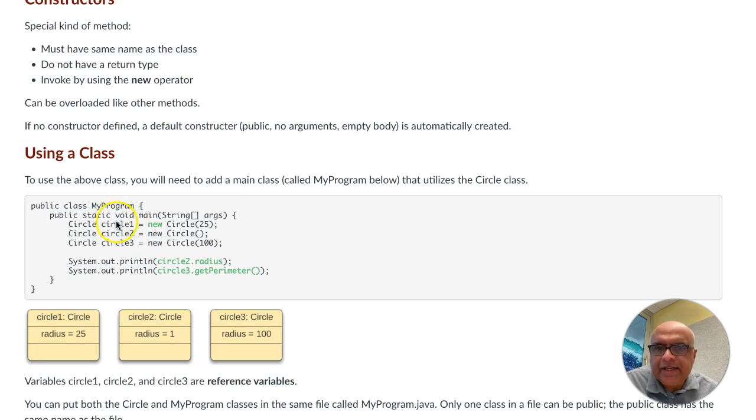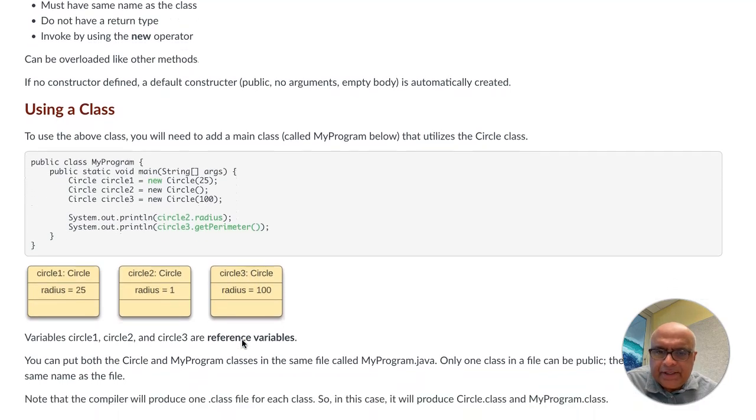In the main method, I have created 3 variables of type circle, and I'm using the new operator to create objects of that type. I'm calling the constructors in each case. There are 2 types of constructors. So here I'm calling the one without any arguments. For the other 2, I'm calling the one that takes the radius as a variable. So what's happening here is 3 objects are getting created, each with its own copy of radius with different values. A couple of things to say here